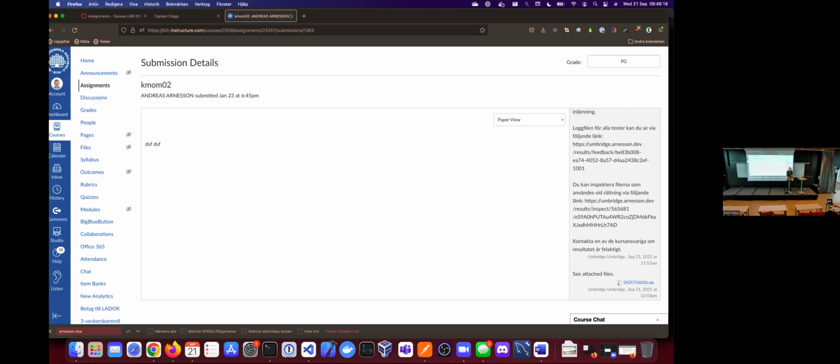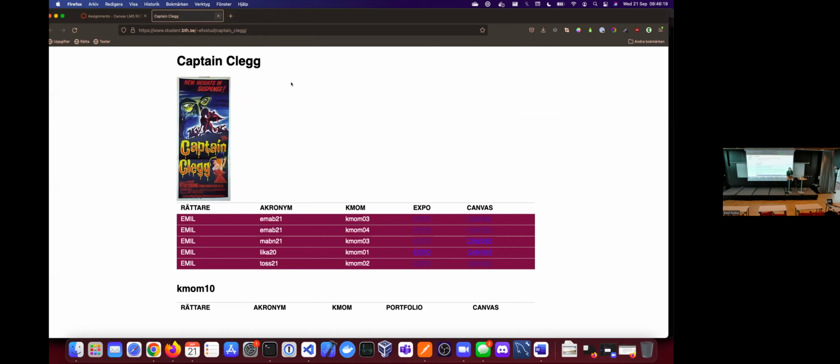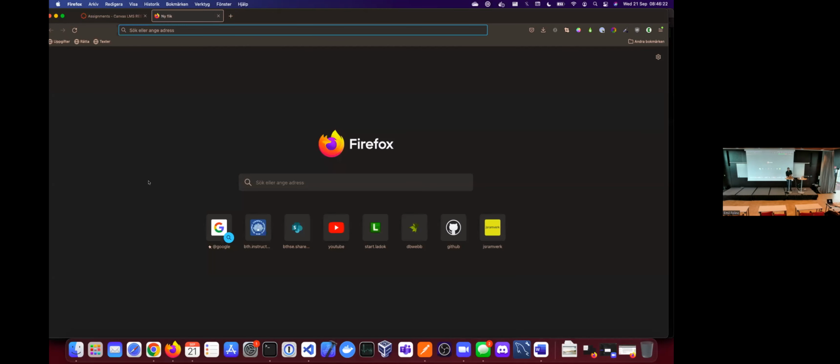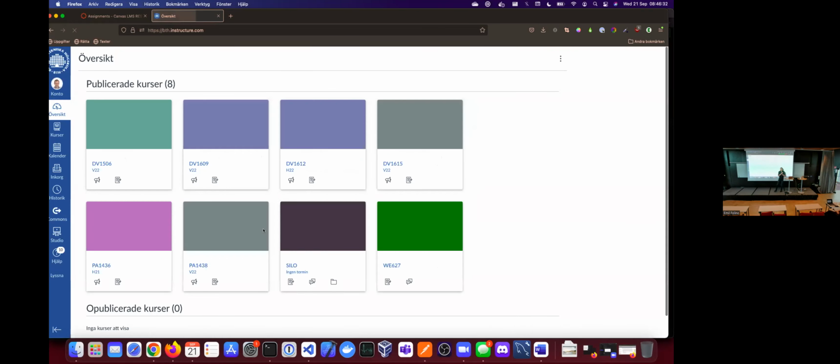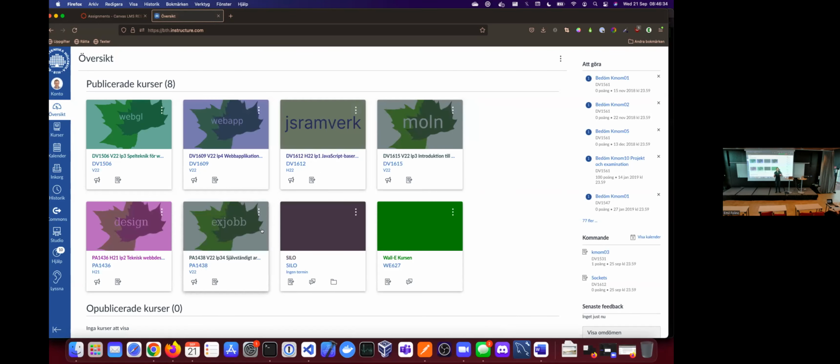So I think I'm going to jump ahead to the last part of the presentation, where I'm going to, first of all, get an API key, because we can't just start fetching all this data without being authenticated. And it's very important that we are authenticated. And when we get an API key, we can only access what we normally would be able to access in